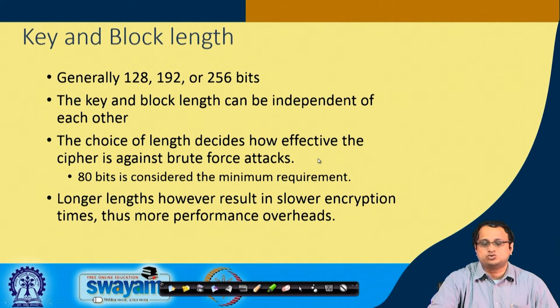So, typically it is assumed that we should have at least 80 bits of security to ensure that we have enough amount of protection against computationally bounded adversaries. We can of course keep longer length, but you should also keep in mind that if you have longer length, then that will incur more performance overhead. It will take more time, and if you are talking about hardware design, it will consume more power, and it will have more area requirement or resource requirement. So, we should try to provide a good amount of security with minimum resource. That is always an objective of both algorithm designers or cipher designers as well as people who are implementing them, who want to make efficient implementations out of ciphers.